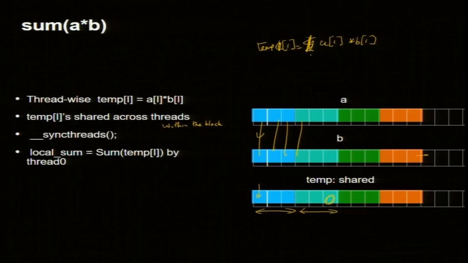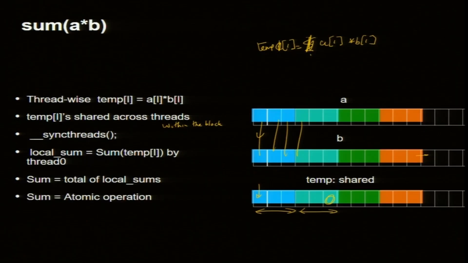So the local sum, summing the threads, is done by thread 0 in the code which I am going to show you, and it sums into the local sum. So it's clear, this is not a loop. There is no global variable. Well, there is a global variable, but you have to define it yourself in some way. And the sum has to be an atomic operation.